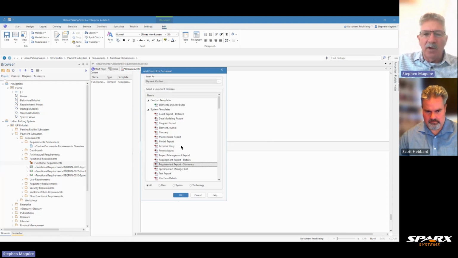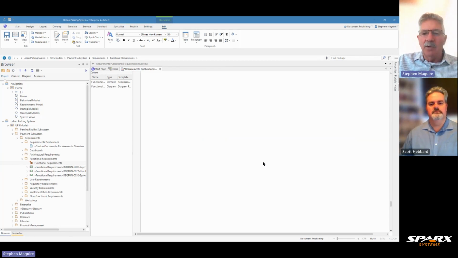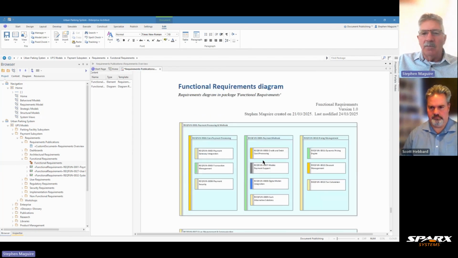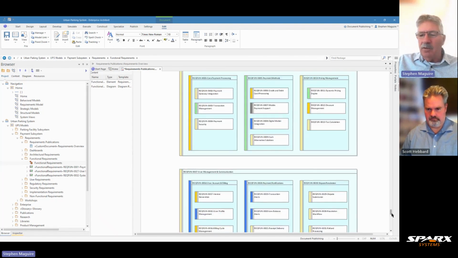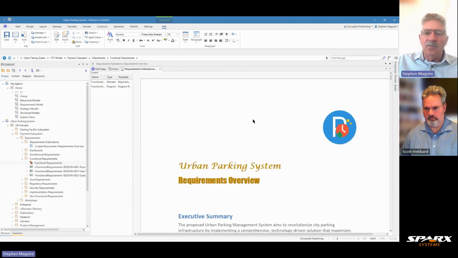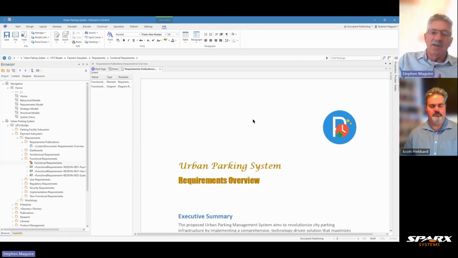And let's say we want a diagram report there. We'll say OK. And so our diagram goes in there, and you can see that functional requirements diagram, and we've got the diagram automatically put in. Scott, one of the really great productivity features with this is that